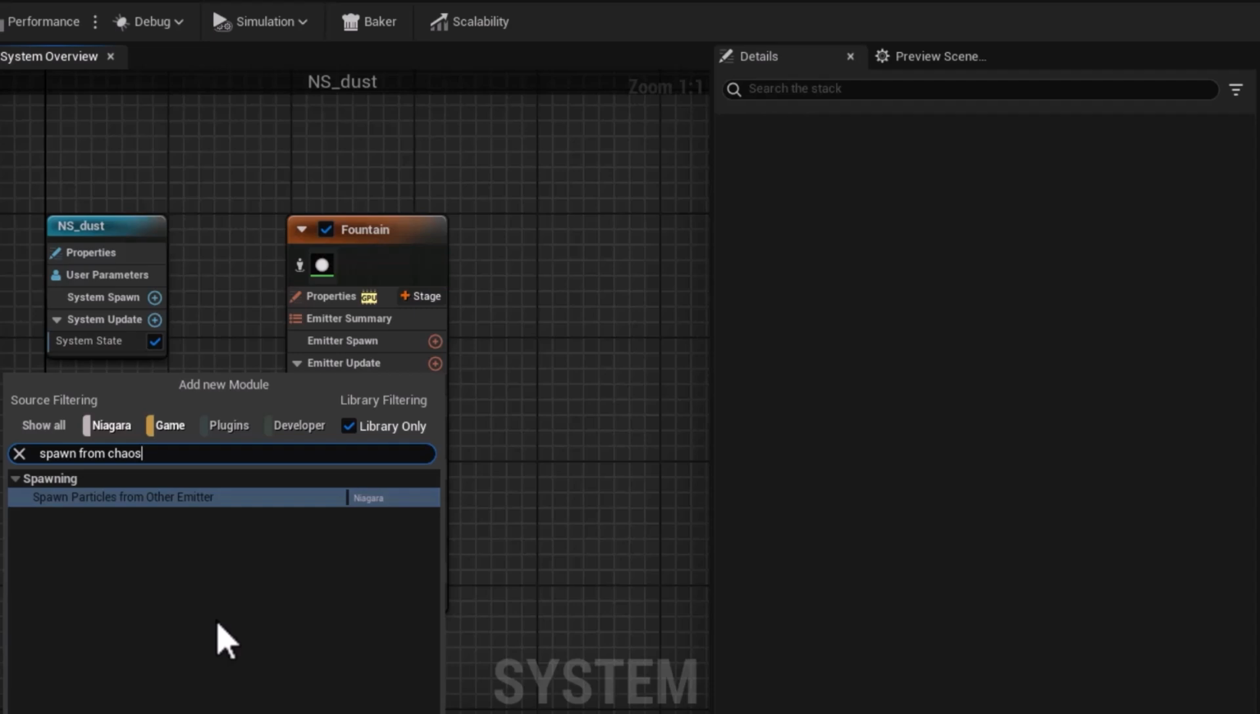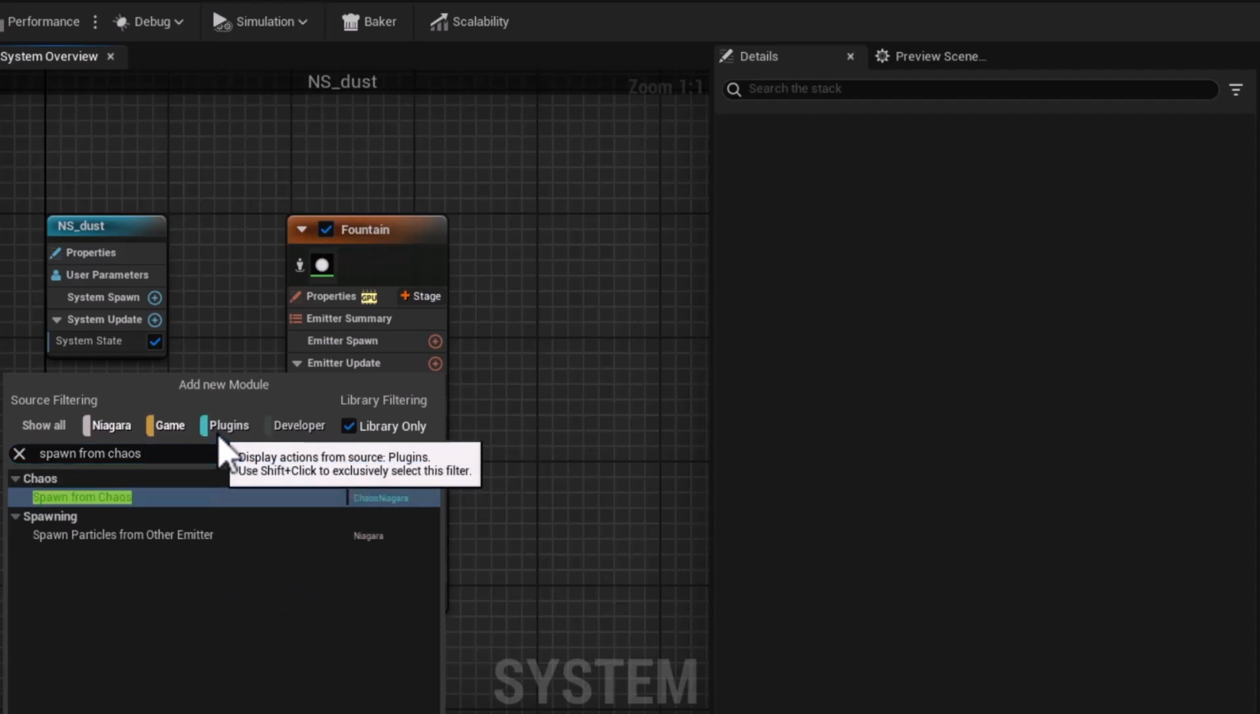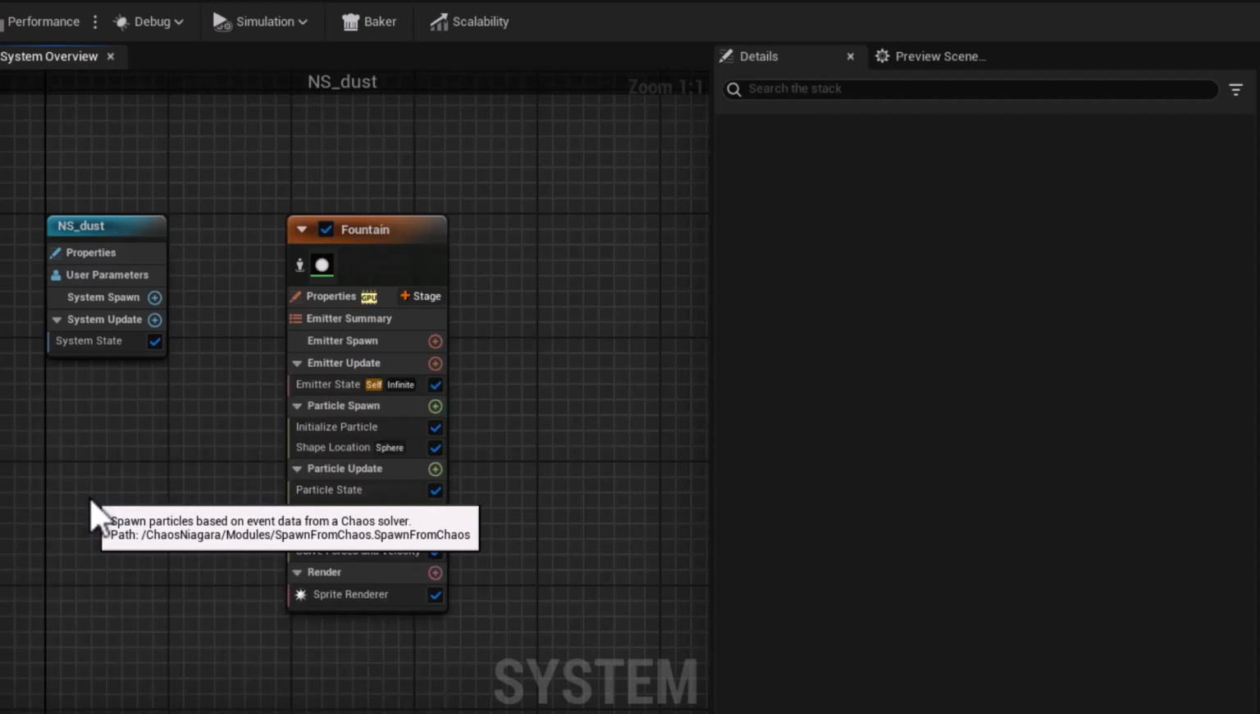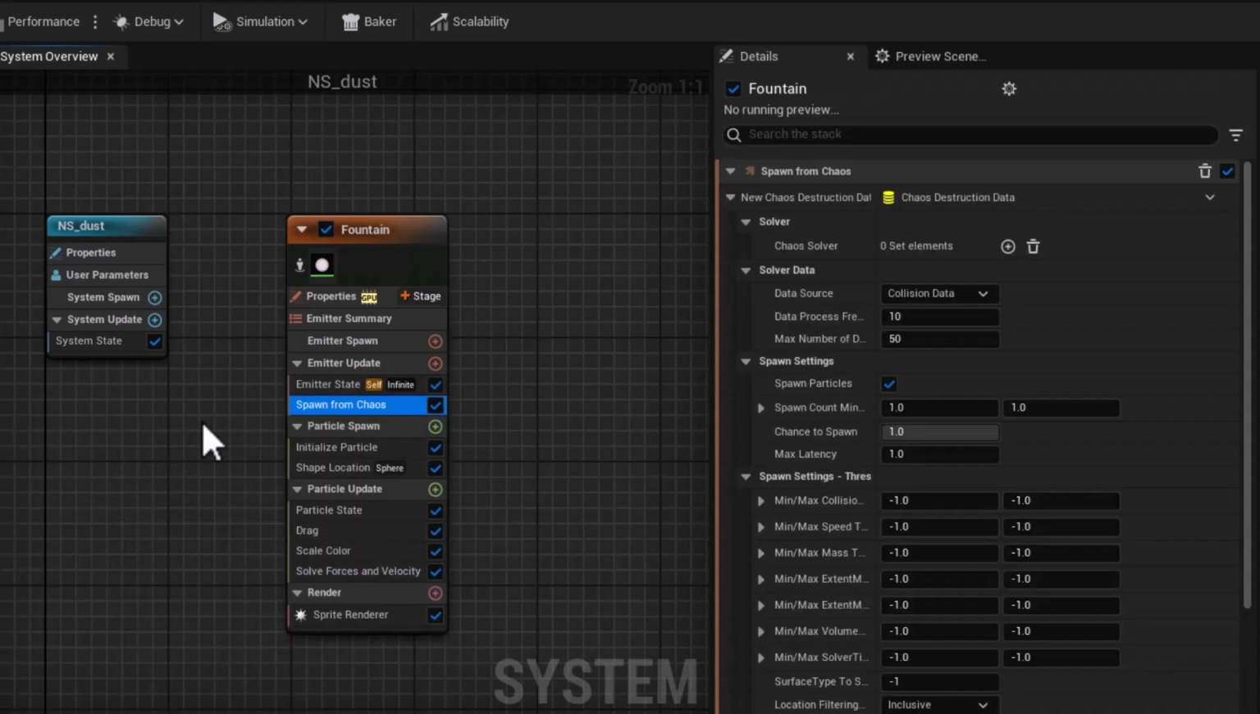Well, remember, chaos destruction is a plugin, and what we have enabled is all the Niagara templates, the game templates, but the developer mode and the plugins are disabled. I'm going to enable that, and that's the first one that comes up on my list. I'm going to select that, and now when something breaks apart due to chaos physics, this module will spawn particles